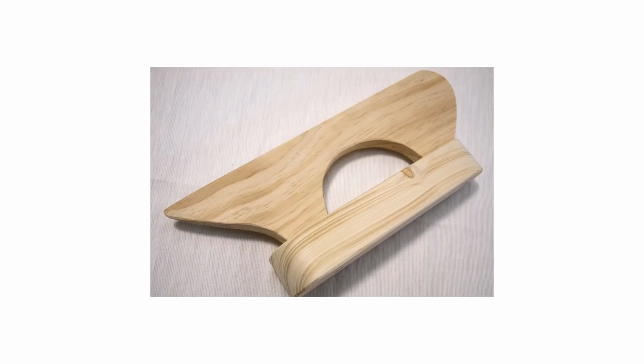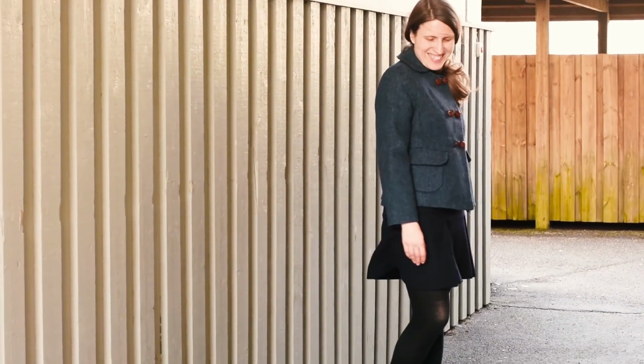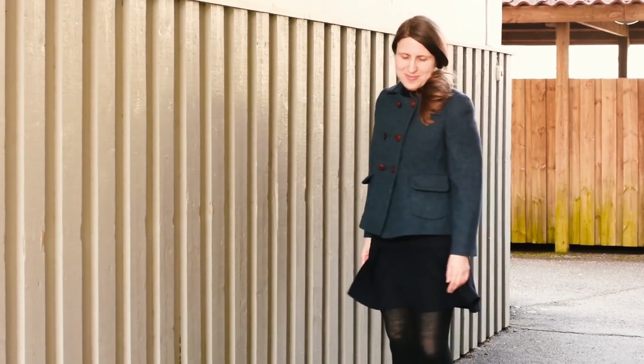What it basically is, is a tool that you use for pressing when you're making wool garments. I recently made a tailor jacket, and that made me understand the value of proper pressing. I just used a regular wood block that I use in the kitchen for cutting things, and that worked quite well. But I've heard so many people swear that this tailor clapper is a wonderful little tool,